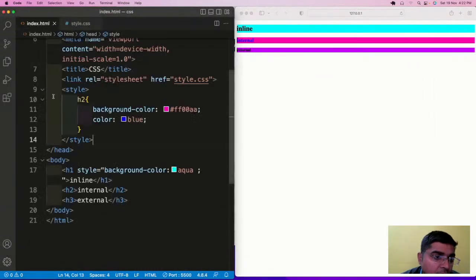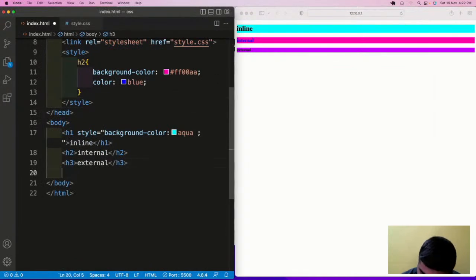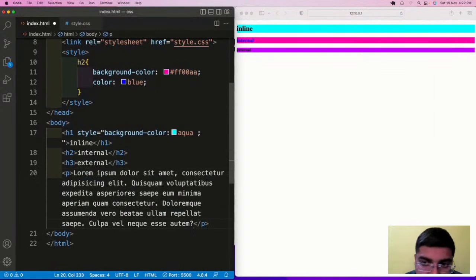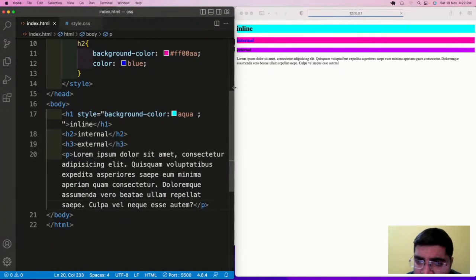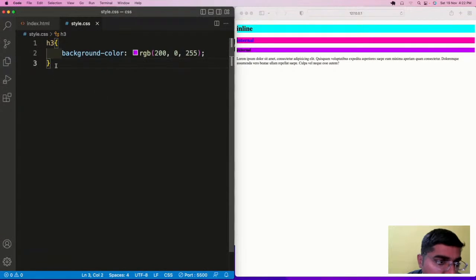Now let us have some paragraph. So we have a lorem here, and let us style this particular paragraph.